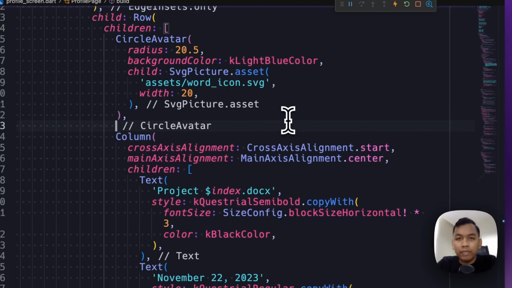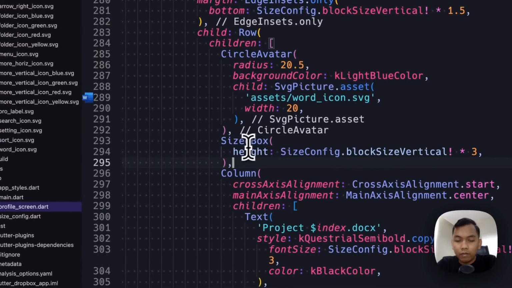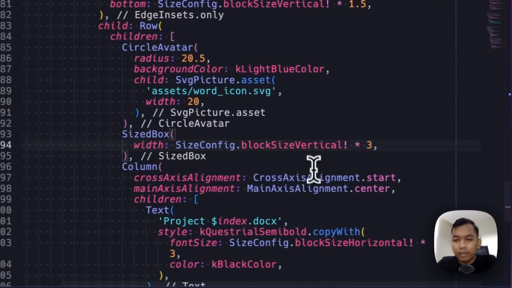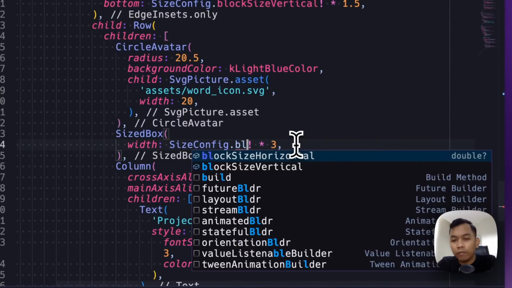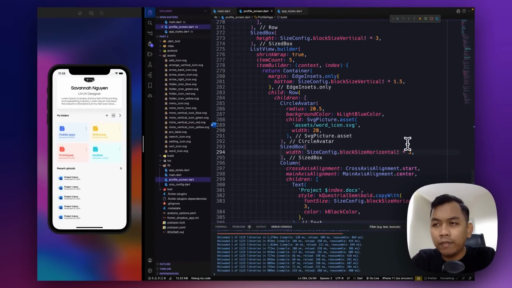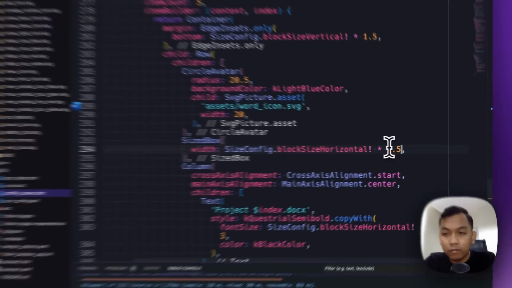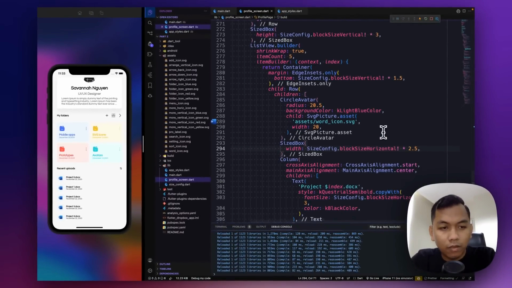And the next we need to add, and again for main axis alignment to be center. And between this, we need to add size box. Set it to width and set it to horizontal. It will be 2.5. Alright.